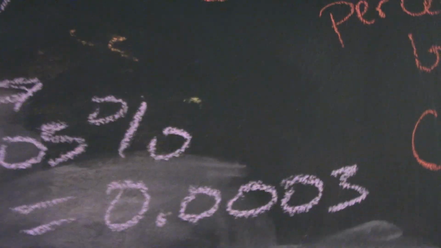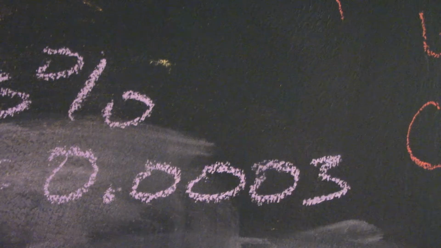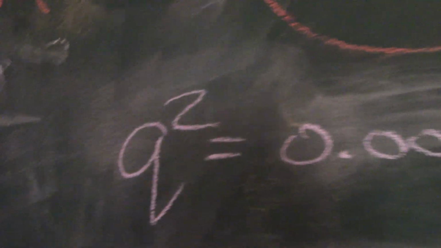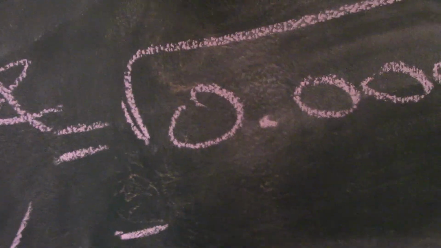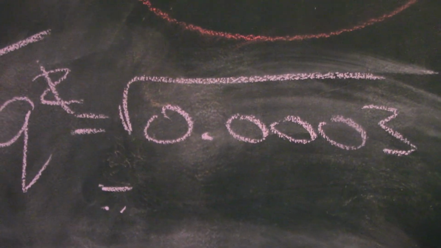Move that decimal place over 2 places, 0.003. Now I'm doing this slowly just so we're all clear on what we're doing with our calculator, right? So I know that q squared equals 0.0003. So in order to find q, I turn q squared into q, square root, and the square root of 0.0003 is,